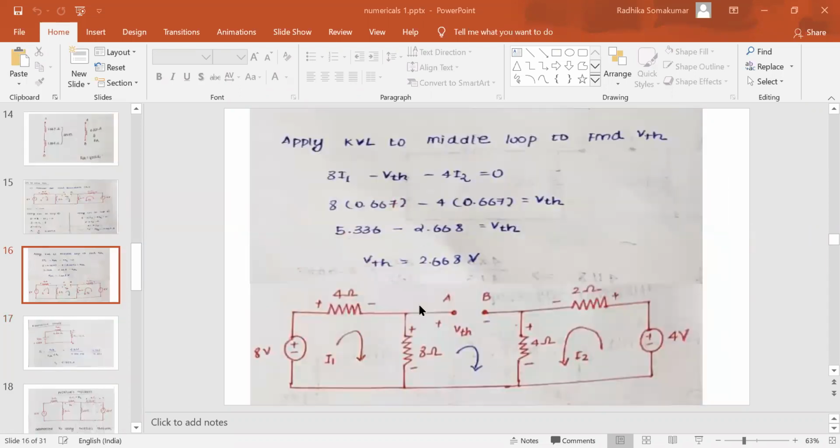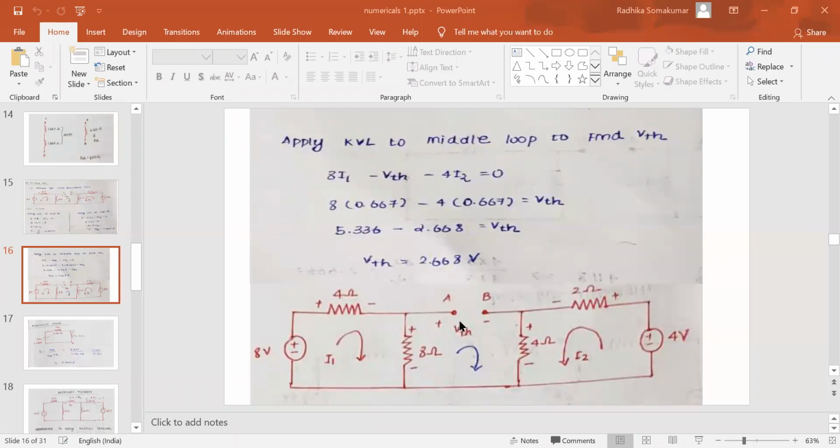You will get your mesh equation as 8I1. So don't you feel a doubt? I1 current is flowing in this direction, then also we are taking it positive polarity. What is the reason? Because wherever your current enters, you have put positive polarity. This arbitrary direction you have already selected. So the polarity over here, it will be a rise in potential, so that you have to take it as positive. But here, if you see, it's a drop in potential, so that value will be coming as negative.